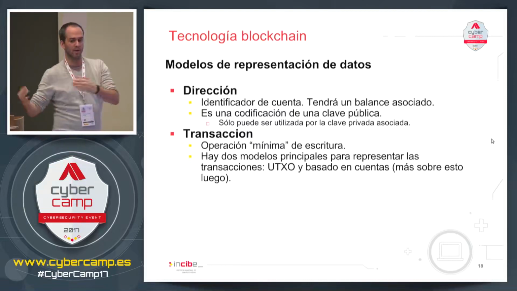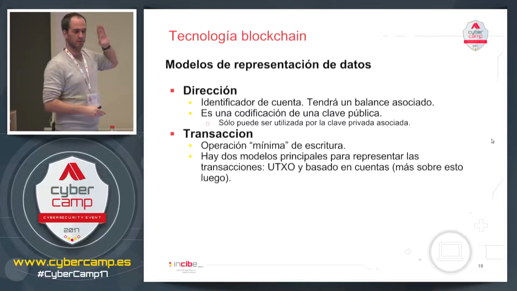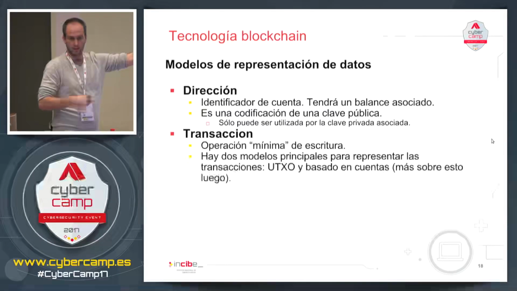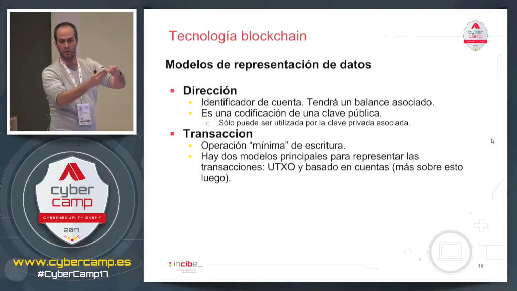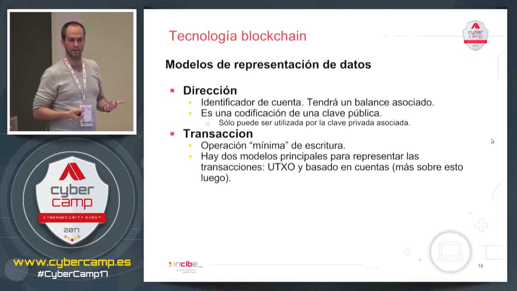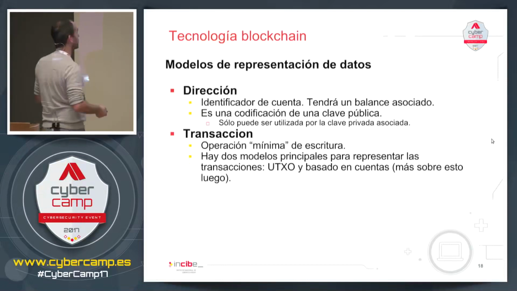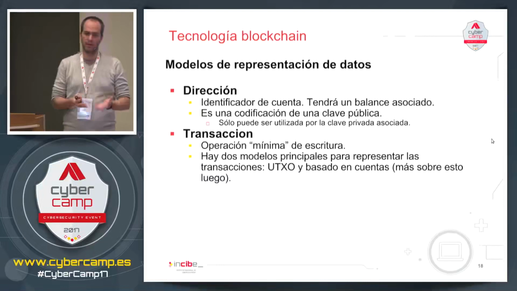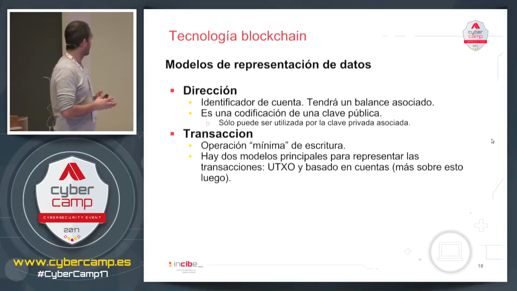When I want to make a payment, I will use the private key associated to public key 1, 2, 3, 4. So this transaction is from the key 1, 2, 3, 4. If people have this public key, they will check that the digital signature that I send coincides, and they say, okay, he is the legitimate owner of this key. These are the transactions. They are written operations in the distributed database in blockchain.